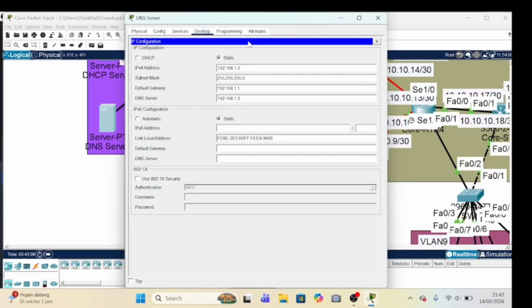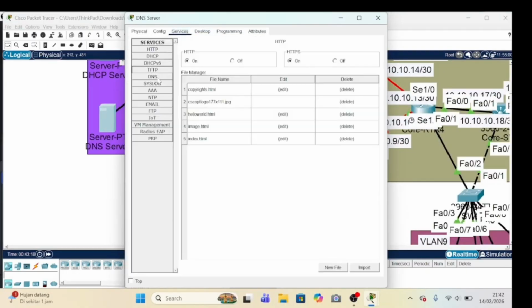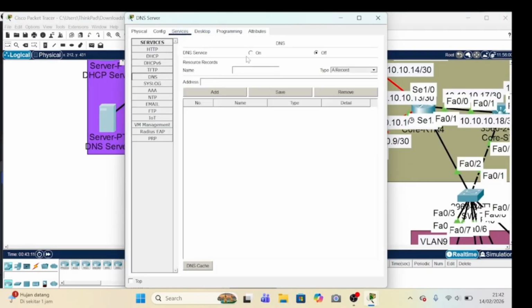In the DNS server, service DNS on, and name gunacourse.com, type A record, and this gives the IP. And now type CNAME, name